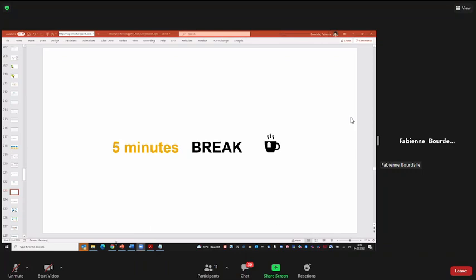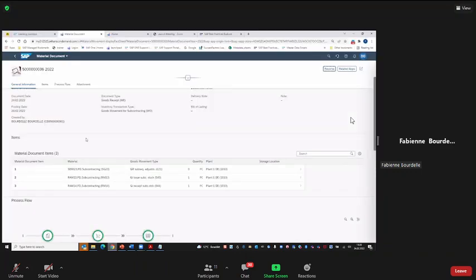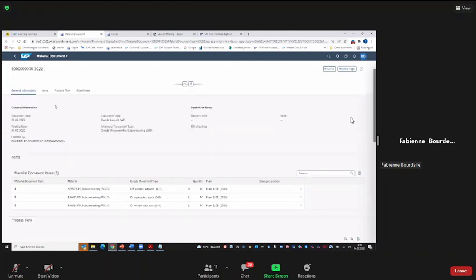I have created a subcontracting overconsumption and underconsumption. I took the purchase order we had yesterday and I posted here an overconsumption and here an underconsumption. And this is the result. So we have a technical line here with 0 because I didn't change anything in the received materials. So we have a 1-to-1. 1-to-1 is again the movement type